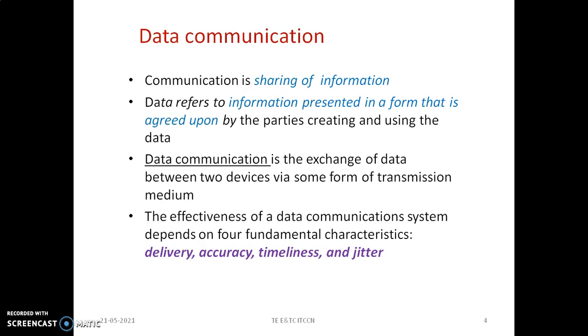And lastly, an important parameter, maybe you are not familiar with this, is jitter. So what is expected here? Data to be delivered to the correct destination with correct information within the deadline. And when you convey the message in the form of different packets or small messages, that should be in a correct sequence. And that is called jitter. So jitter refers to the variation in the packet arrival time. So that is not desired, if delayed packets arrive at the receiver end, then at the receiver it is not possible to extract the exact information.